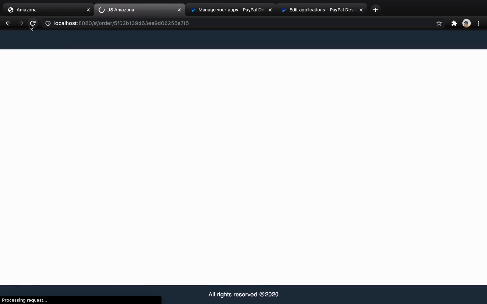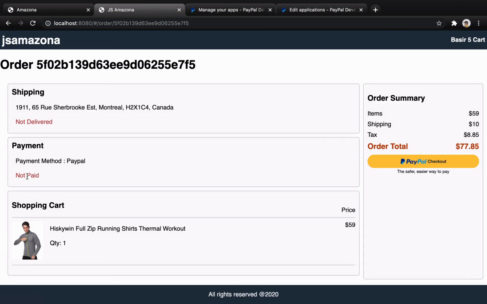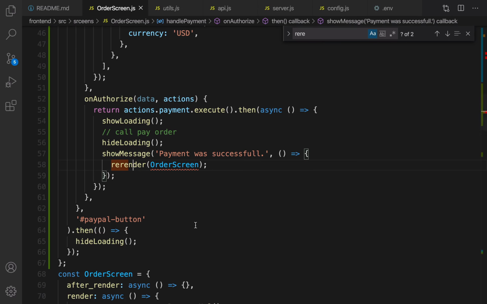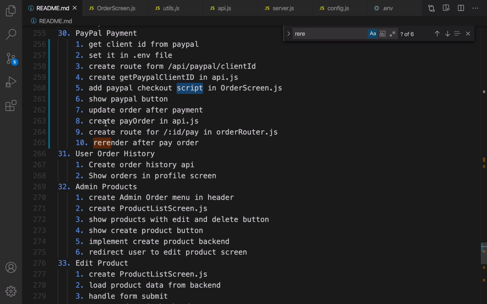If you refresh this page, not paid doesn't change because we didn't implement the pay order. I mean, we didn't update the state of this order in the MongoDB database. Let's add this feature, and by the end of this one, this lesson is going to be done. Great. Let's follow the instruction for creating pay order in the